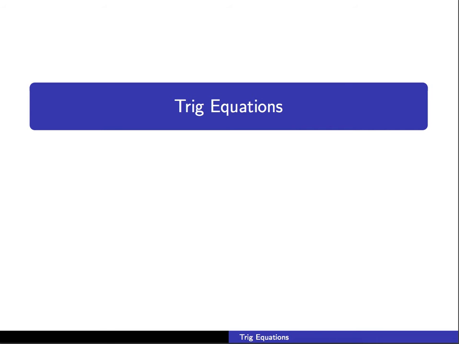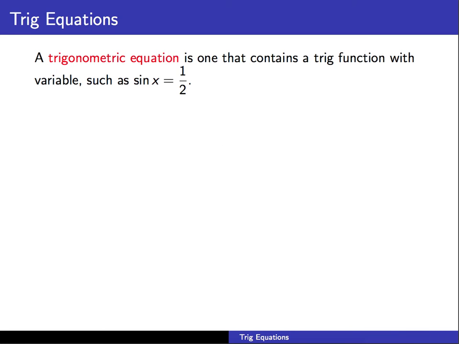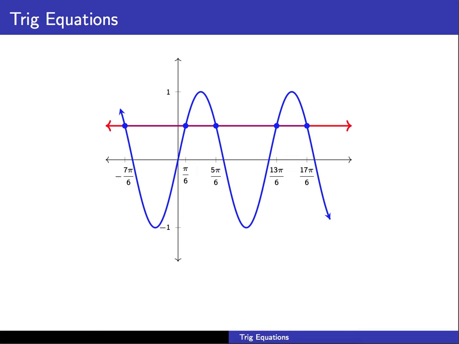Alright, in this video we're going to look at solving trig equations. A trigonometric equation is one that contains a trig function with a variable, such as sine of x equals a half. If we take a look at the graphs of the left side, sine of x, here on this graph sine of x is the blue graph, and the red horizontal line is the graph of y